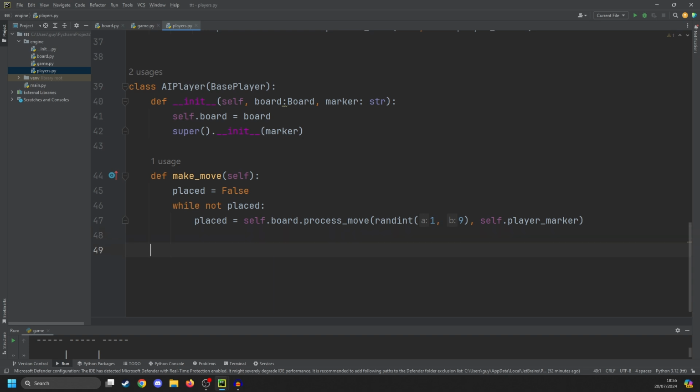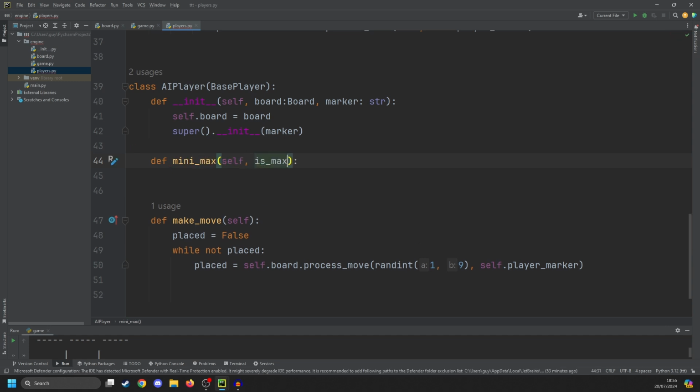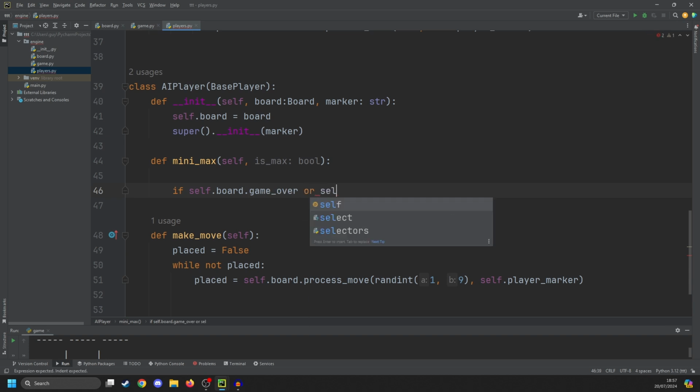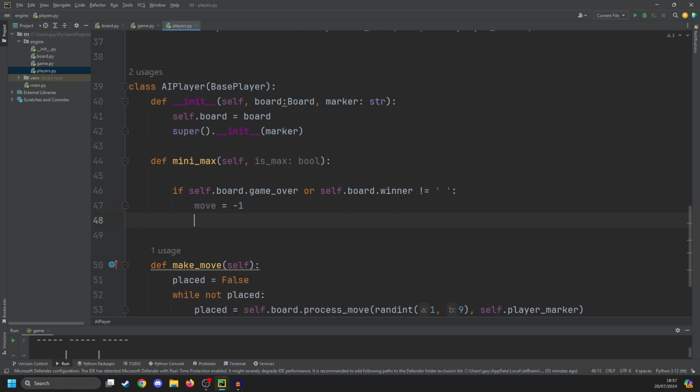So the first thing we need to know for Minimax, let's define it, is the current player, the max player. And this is going to be a bool. Minimax is going to be a recursive function, so it needs a stop point. I think it's called a baseline. So we need to do if self.board game over, or self.board.winner does not equal a space. So if the game is won, we're going to set the move equal to -1, because there's no move that can be made here. And then we're going to set a variable called best to